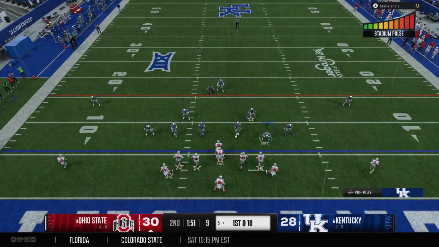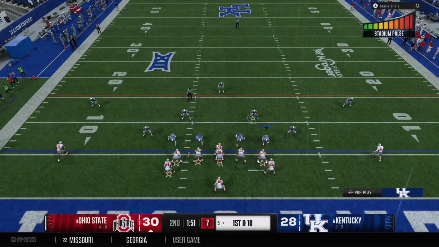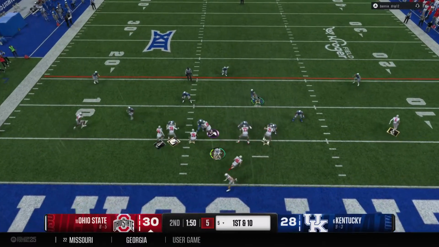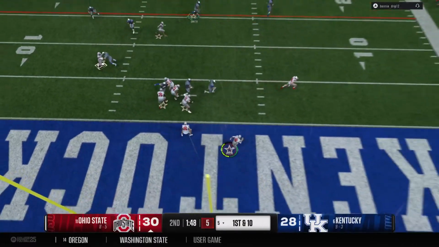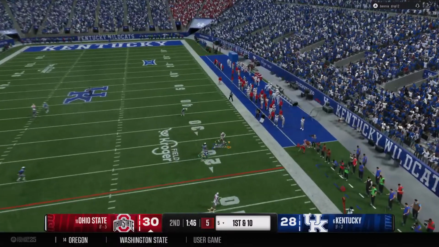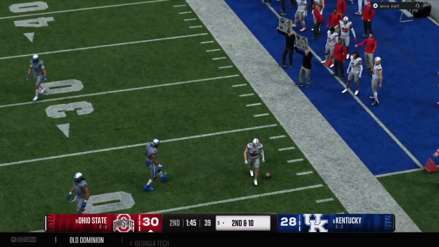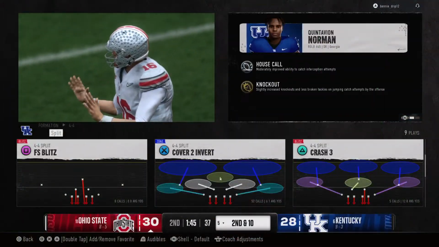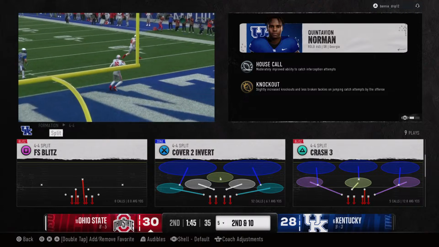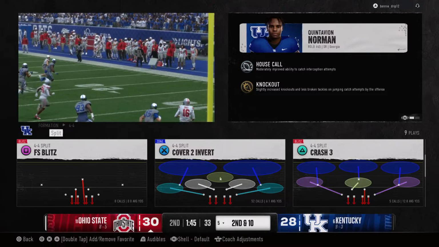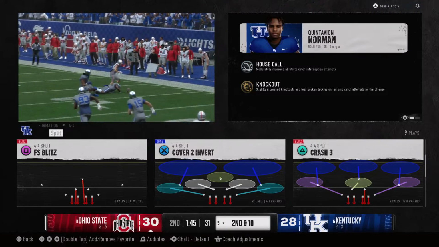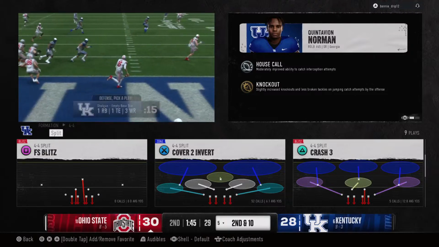Okay, here comes the Ohio State offense back on the field. A little bit of my turn, your turn so far in the early going. Both offenses scoring touchdowns in their last possessions. It's going to be incomplete, trying to make something happen on the run, but nobody open. That's an athletic play by the defensive back, playing tight coverage, seeing the ball, and not giving the receiver a chance to get their hands on it.